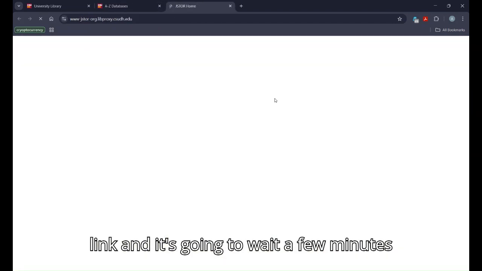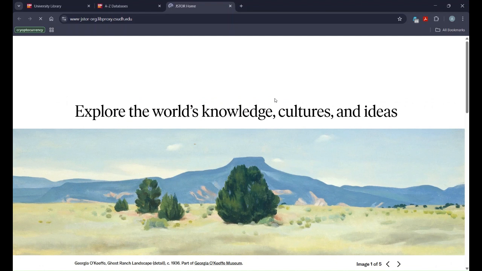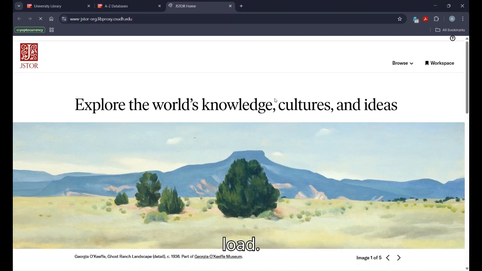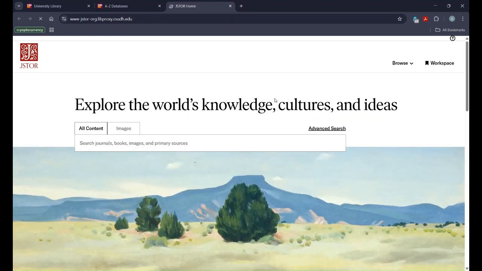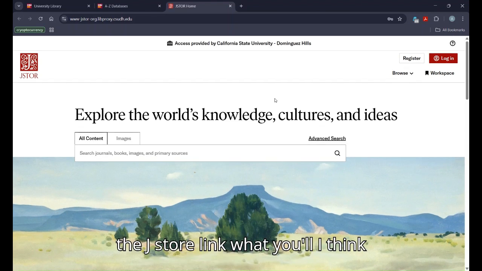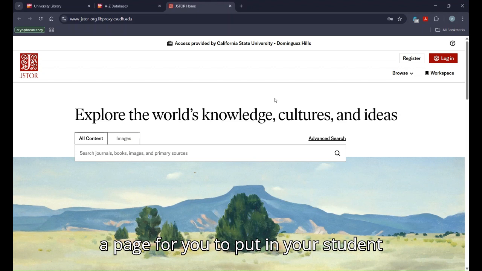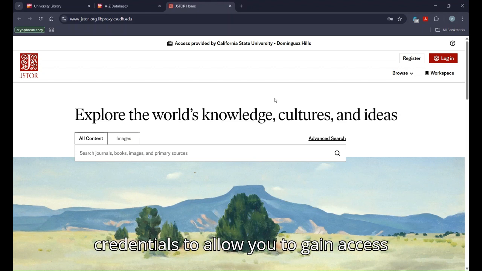You're just going to wait a few minutes, and it should show you this page. I'm just waiting for it to completely load. When you first click on the JSTOR link, what you'll see first is a page for you to put in your student credentials